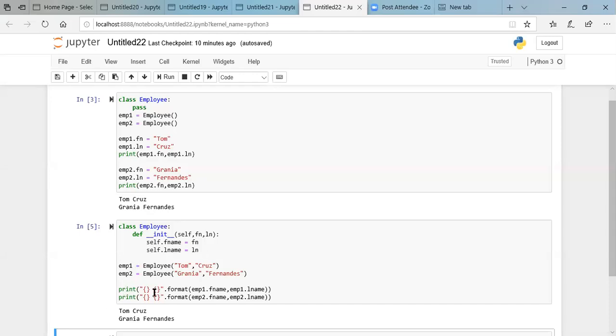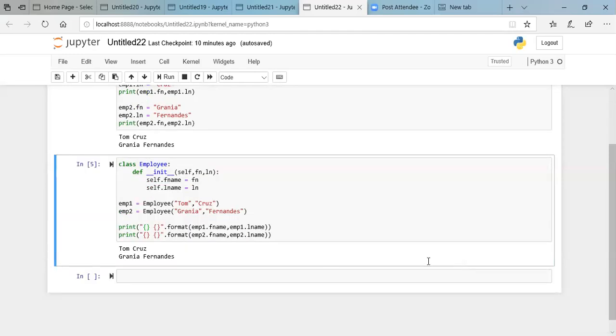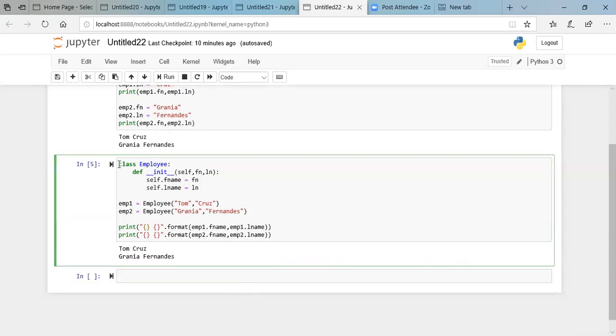And we are just printing this with the help of placeholders. This is the space that I'm keeping after displaying the first name and the second name over here. The format is taking two parameters: emp1 dot first name will be assigned to the first placeholder, and the second parameter would be assigned to the second placeholder. Now, instead of printing this over here, I'll see if there is any other way to reduce this much work. So yes, there is some possibility to reduce this.